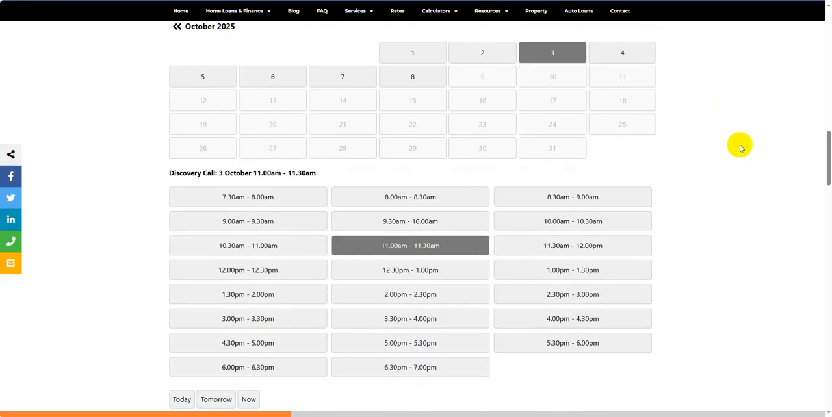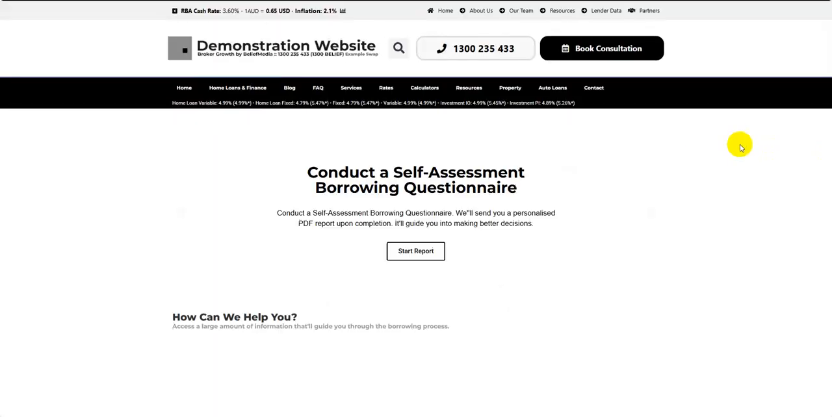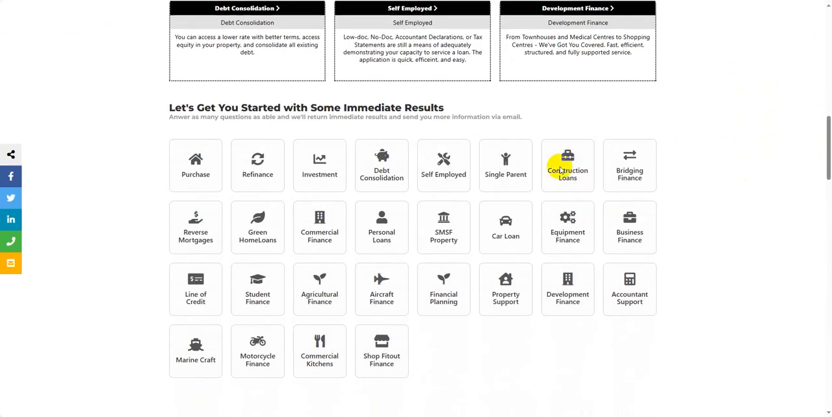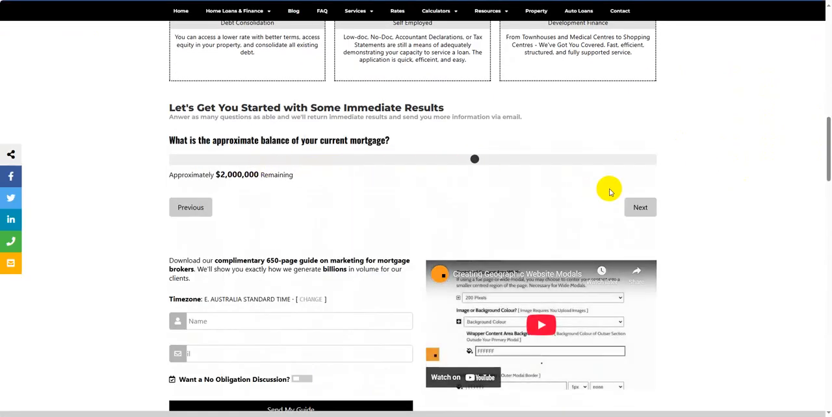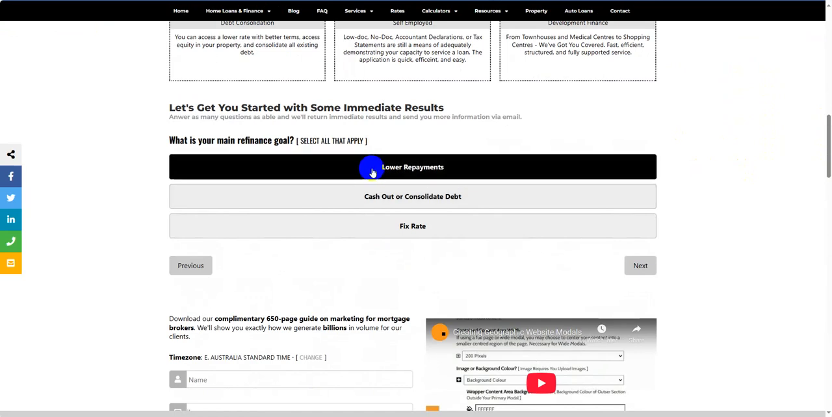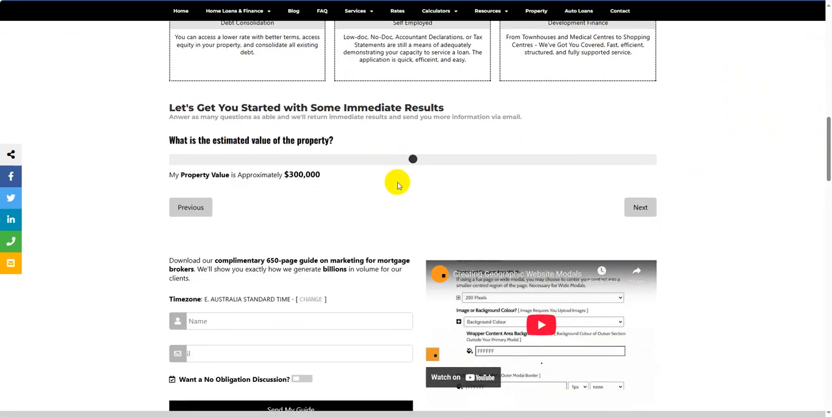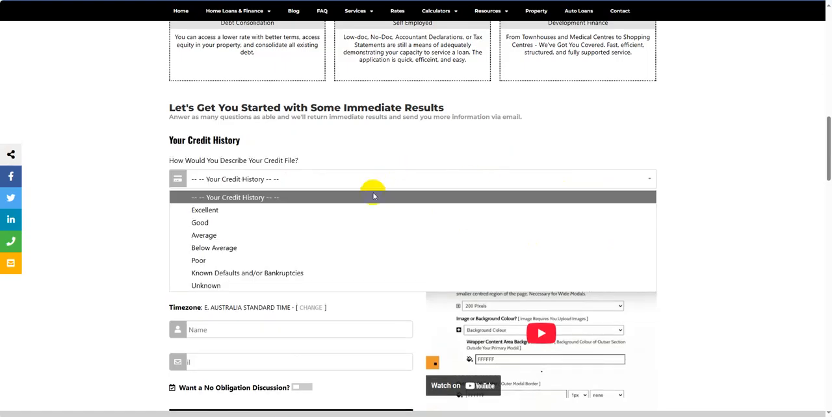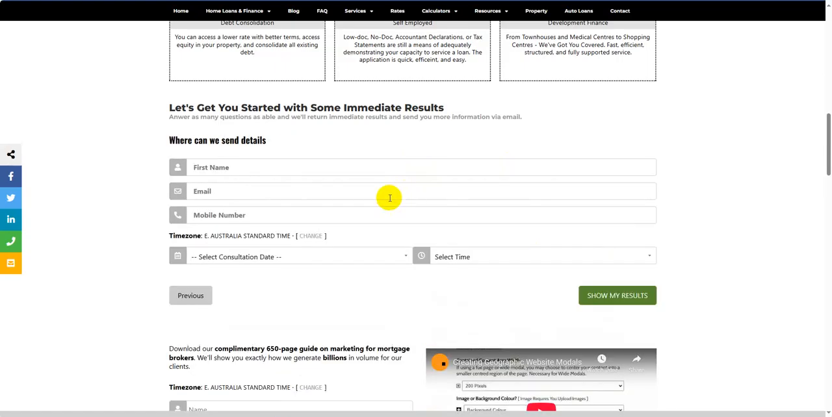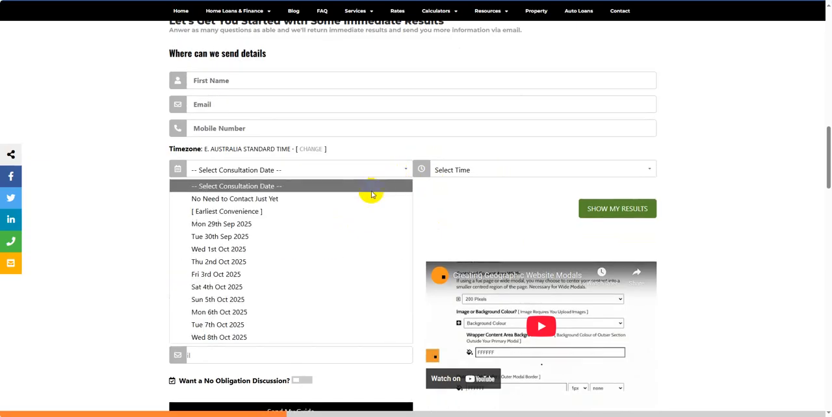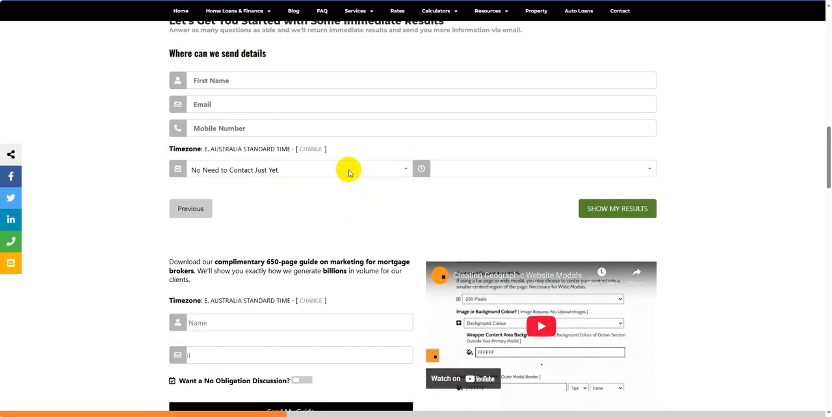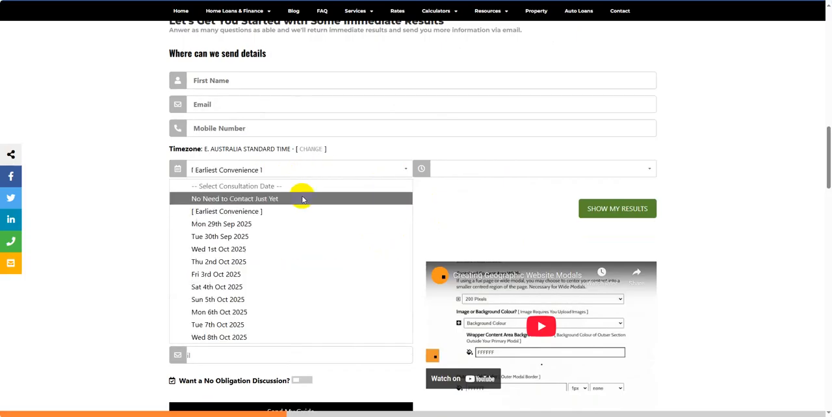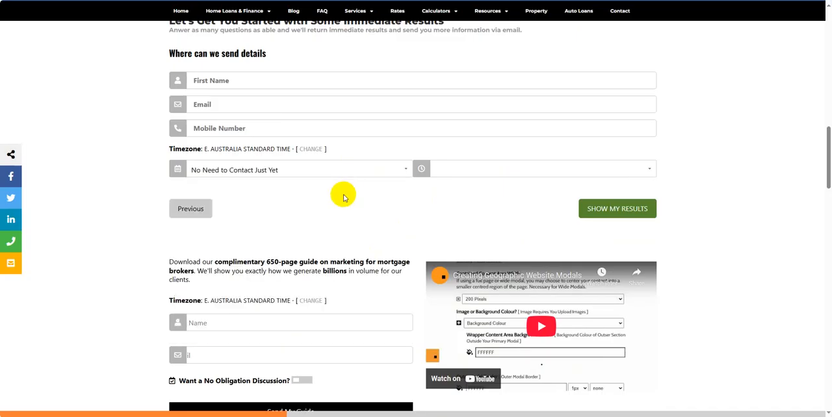flow, because, and I'll show you, I'll just go back to here, I'll run through a refinance flow, putting any old thing in, and there we go, and state, and it brings up this again, where we've got no need to contact just yet. That's a really good option to have, because not everybody has decided at this point in the form flow that they're ready to contact you. It gives you a convenience as well, which you do have in the other calendar, but it's